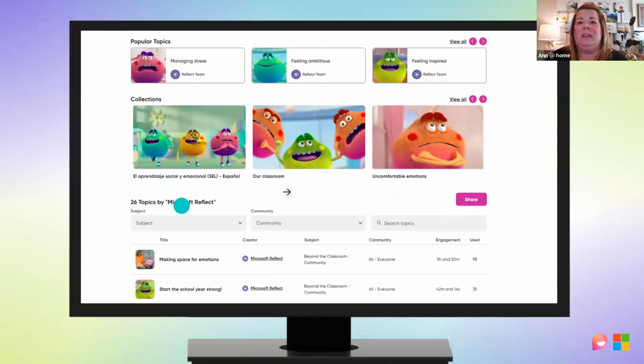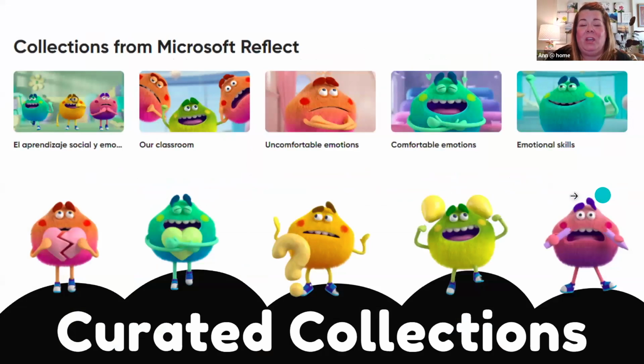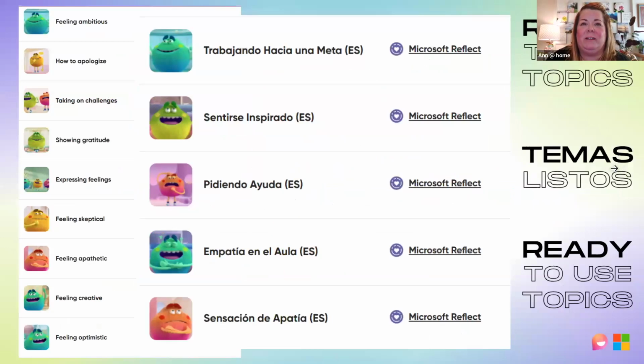So you'll see different topics. I love sharing these because they're available in English and in Spanish. You have different curated collections about emotions, emotional skills, etc. And these little creatures are called the Feelings Monster. Gloria just shared, she's a super fan of the Feelings Monster. So it's just a brilliant opportunity fostering these conversations.